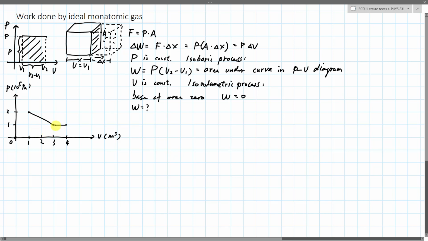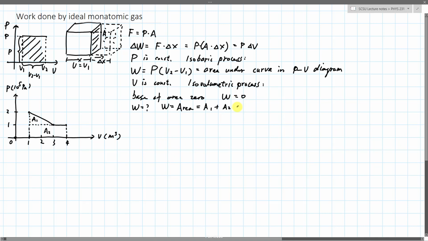simple shape, so we can subdivide it into several more basic shapes, such as this area A1 here, right? This A1 is easy to calculate. It is a right angle triangle, and then this could be A2. This is just a bunch of blocks, a rectangle, right? So we can say work done is area underneath the curve, and the area has two distinct pieces, and A1